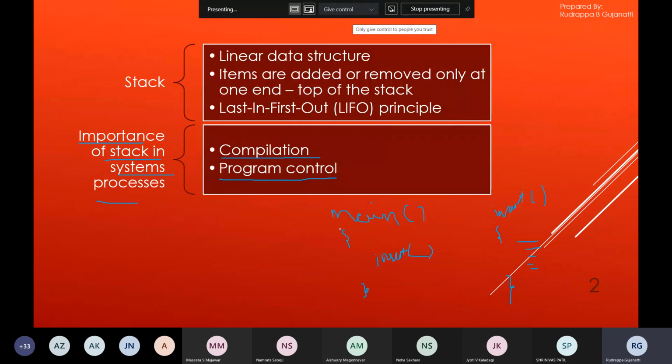Initially the program starts with the main function and keeps executing the lines. When it comes across a statement where a function has to be called, it has to keep track of the next instruction which is present after the insert function. Indirectly, it has to keep track of the address where it has to return.